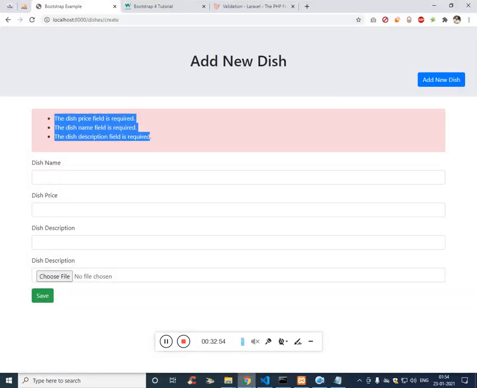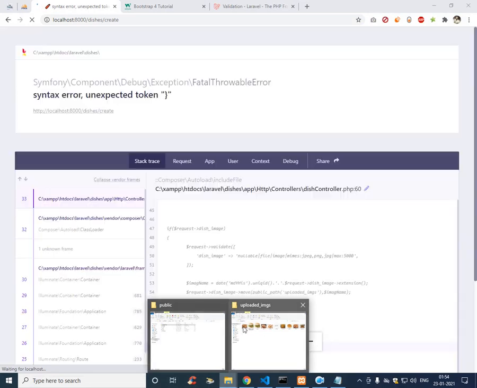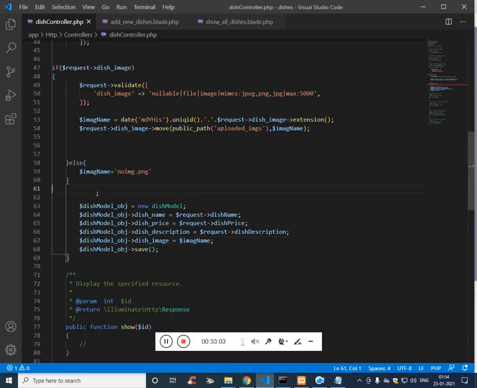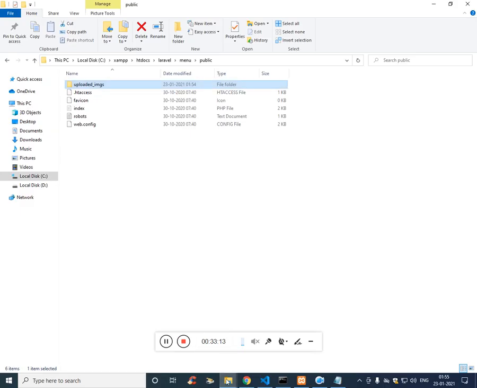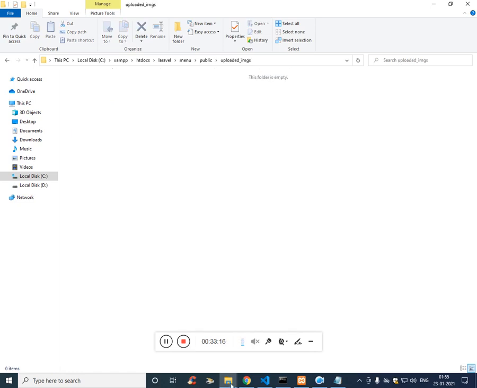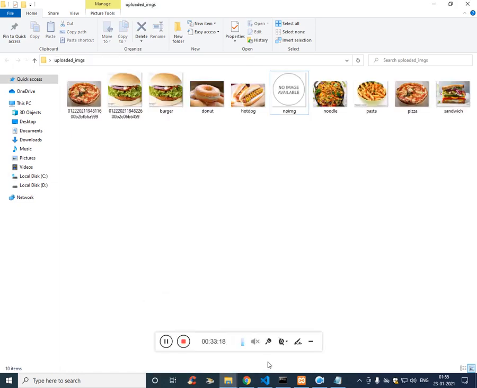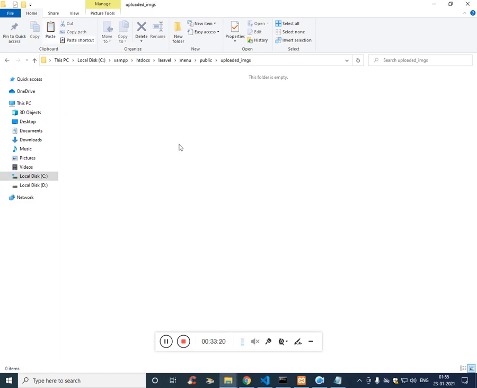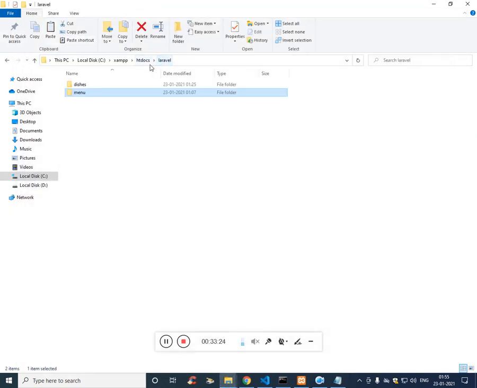Now let's try to upload the image and check. At present it would be blank. If there is no error, we have an error, which is this is for else, this is for if, semicolon. And the only thing is, this folder should contain only one image, which is the blank image.